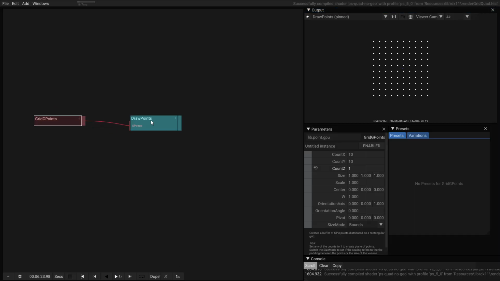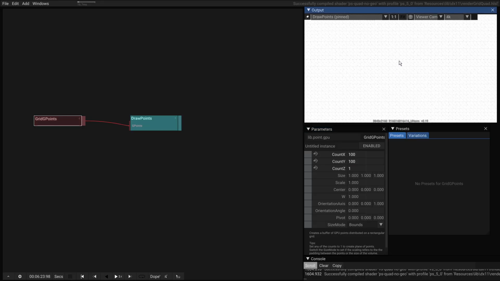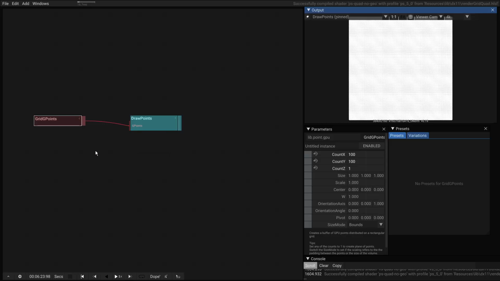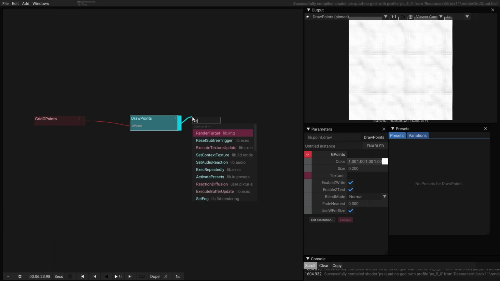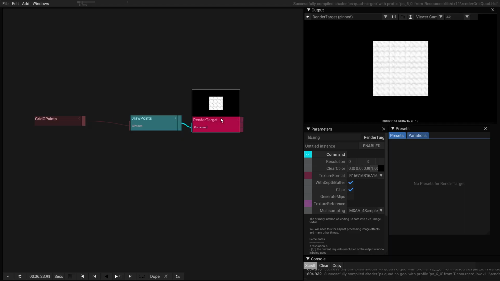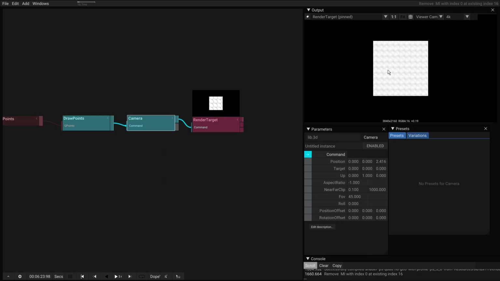So we have different boxes here. These boxes indicate what kind of primary output this operator creates. Brownish means that this is a buffer on the GPU. So this can be tons of points, and it will still run fast. It can be a lot of points and it shouldn't matter because it's running on a GPU. This one is cyan because it's drawing stuff, it's a draw call. And then we could, again, render this into a texture. So we use this, we have a texture here, and then we can start to insert other things.